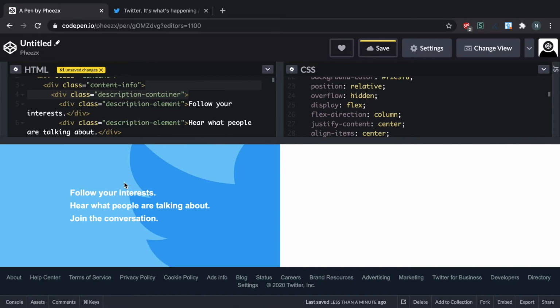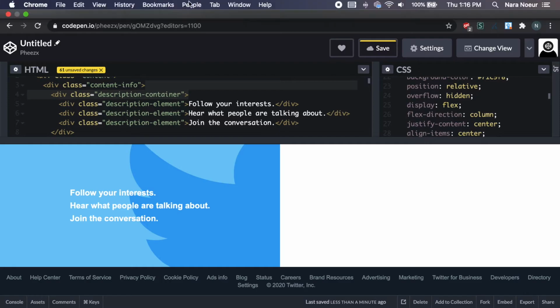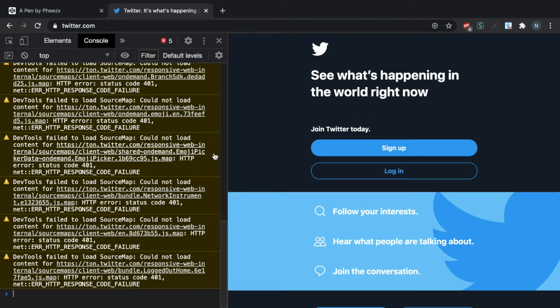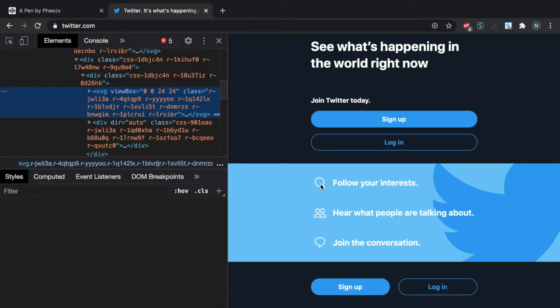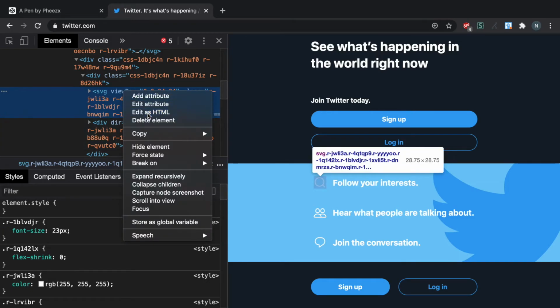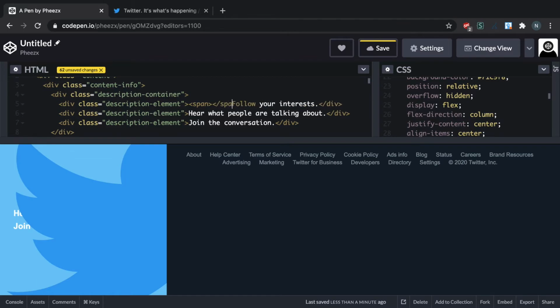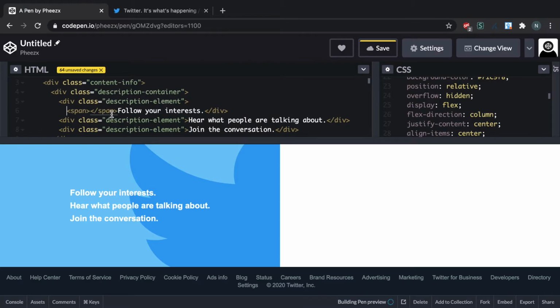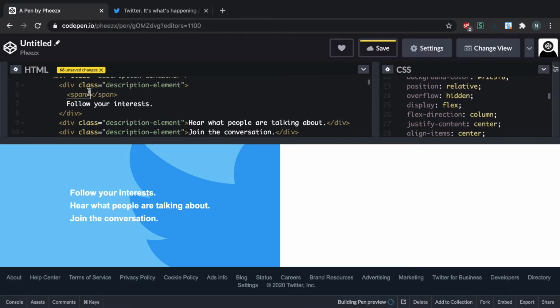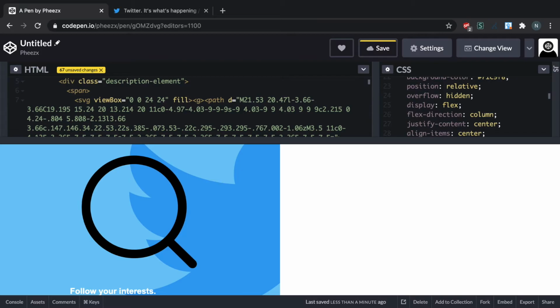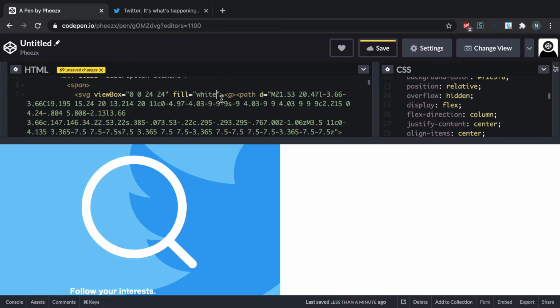Okay, and so apart from this, we also need little SVGs next to our text just like here. So I would copy and paste them again. So let me select them and get them out. So I will again go edit as HTML and then just copy the entire thing, and here I'll put the SVG into a span just because it's easier to deal with it that way. Okay. Alright, I'm gonna remove the classes because I don't care about them, and fill needs to be equal to white,